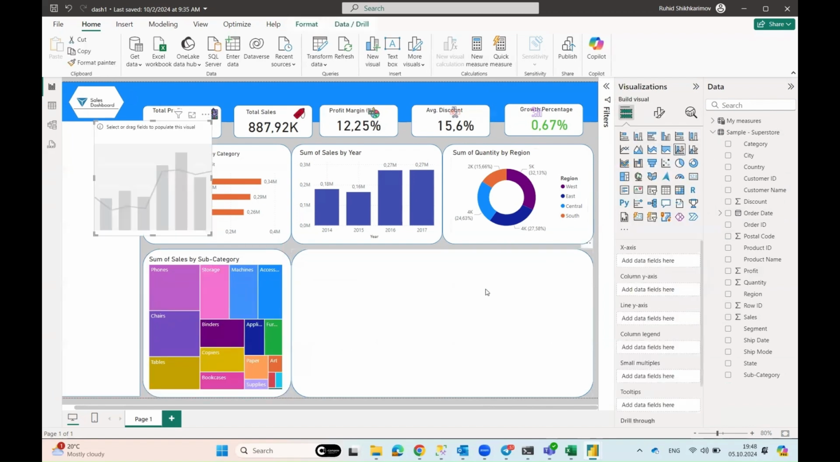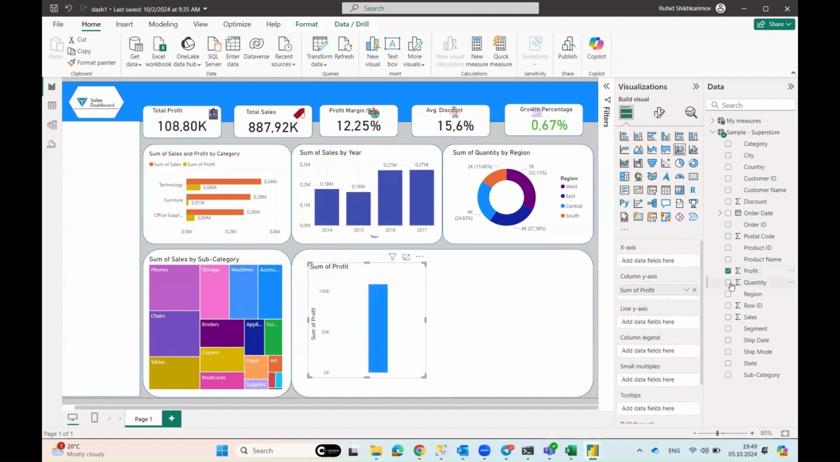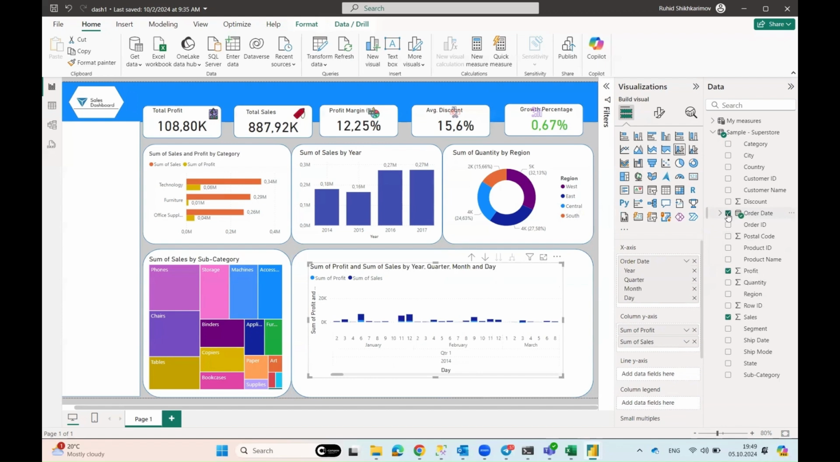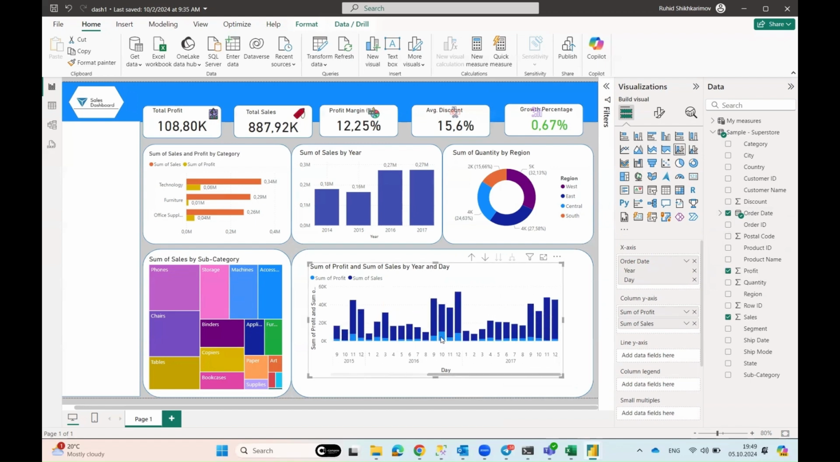Now I will create a line and stacked column chart and compare the profit and sales, and also I will define the discount rate for each day. I will first add in the order date and then add in the sales and profit. First I will just remove the hierarchy between them to show each individual day. So I remove year, quarter and month,